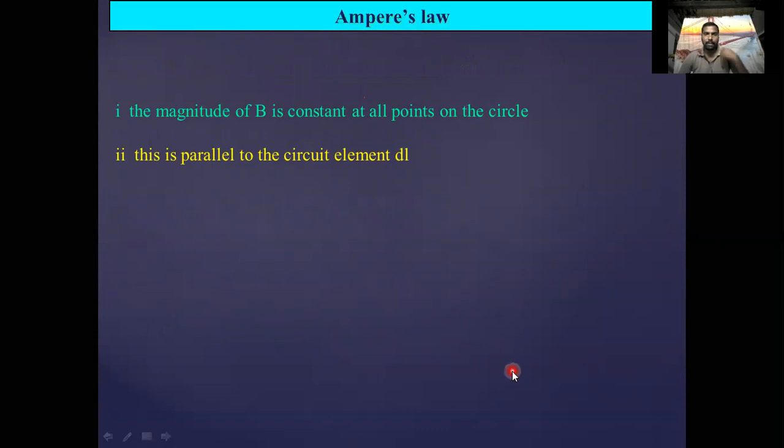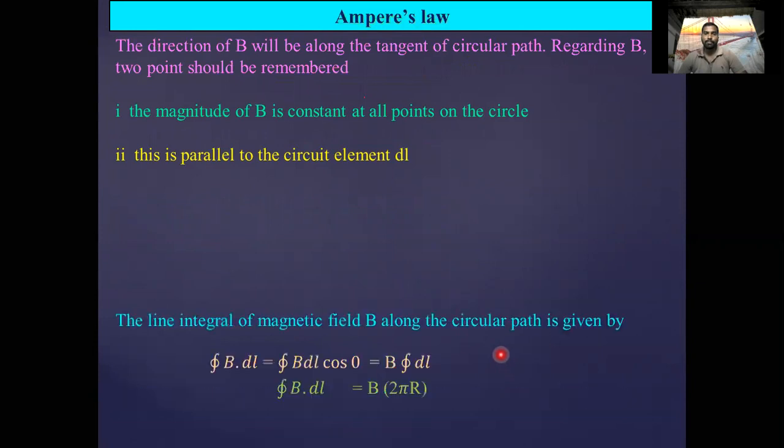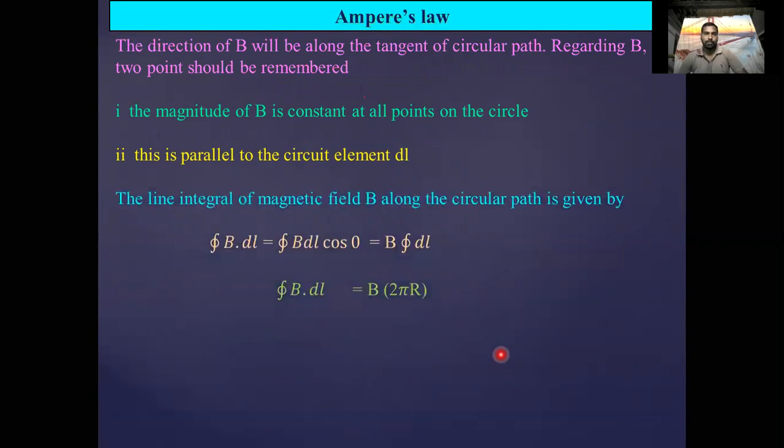The magnitude of B is constant at all points on the circle. This is parallel to the circuit element dl. Now the line integral of a magnetic field along the closed curve or circular path is given by integral B dot dl is equal to,